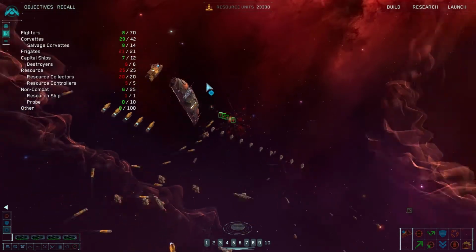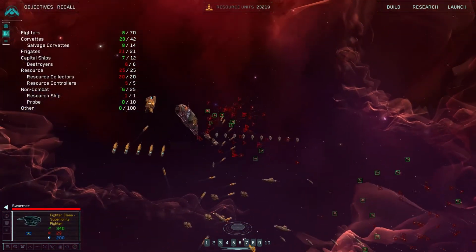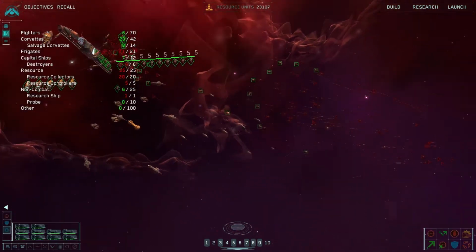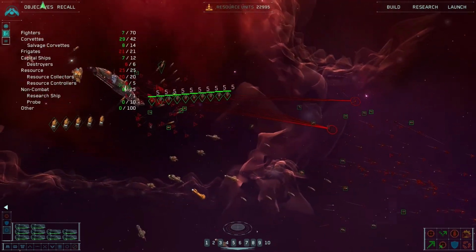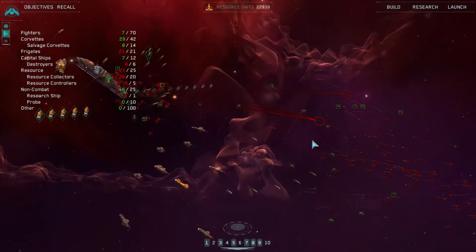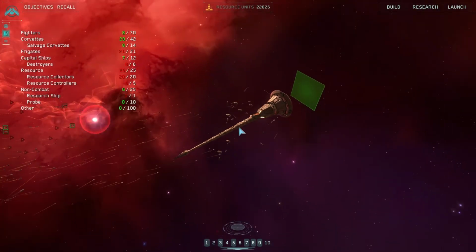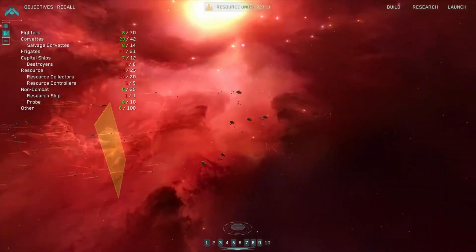Multi-guns are kind of not doing anything. We're all going to lock weapons on target. Okay, so my assault frigates, oh, they were trying to line up there. Let's try to get rid of some of these ships here. Okay, so now it's shown me the